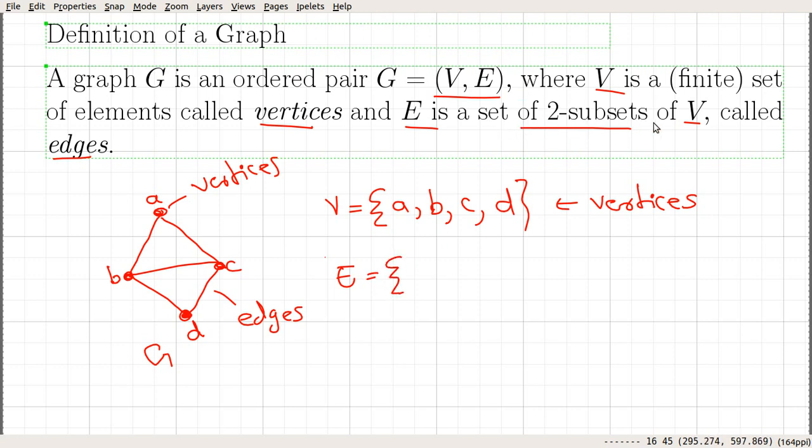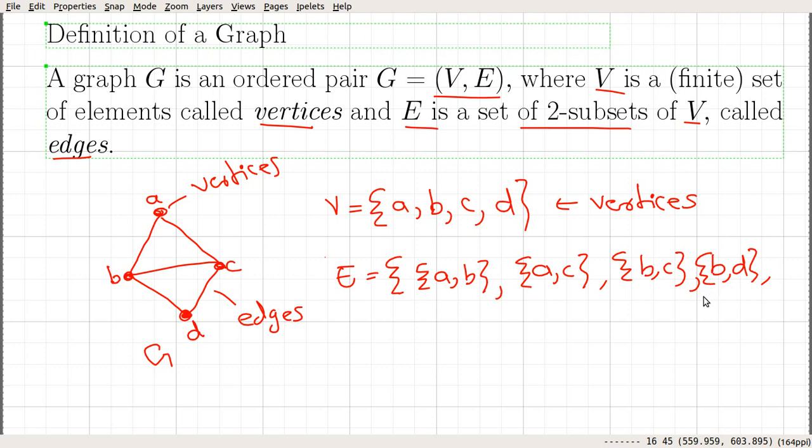It is a set of two-element subsets of V. In this case, we can see that there is an edge between A and B. So this set contains the set AB, AC, BC, BD, and CD. So the number of edges here is 1, 2, 3, 4, 5.